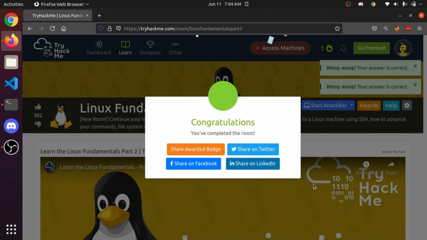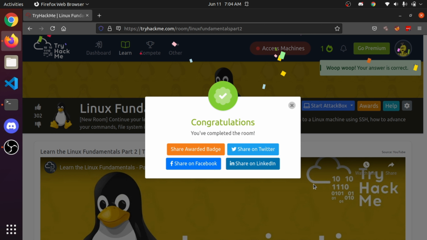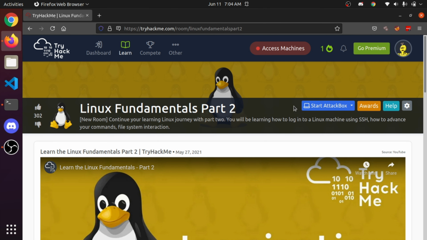So we successfully completed the room, and in this box we didn't use the Start AttackBox. In the previous session we saw that, but now we didn't, because here they already gave the SSH details. If SSH is there, we don't need to use the AttackBox. If you have a Linux machine then you can access directly from here, or else if you don't have a Linux machine then you can use the Start AttackBox. But my preference will be to go to here. It is good practice to work on your own machine.